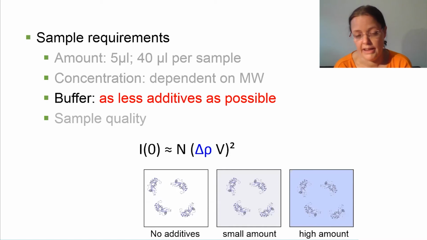But otherwise, the advantage of SAXS is that you can basically measure in anything as long as your sample is in solution. So you don't have to change into a PBS buffer or Tris buffer or anything. You can just keep it in the buffer that you're normally working with, and that you also do your other parallel analysis with. So even though the SAXS measurement seems very straightforward and very simple, this question about sample quality is, of course, one of the difficult parts.